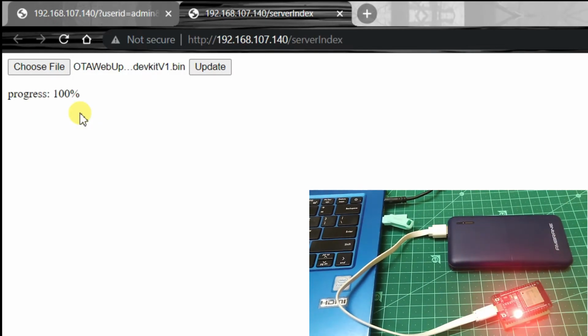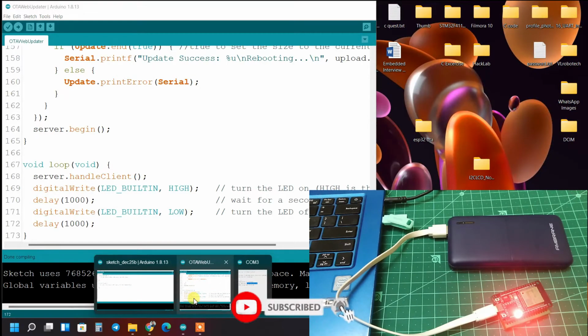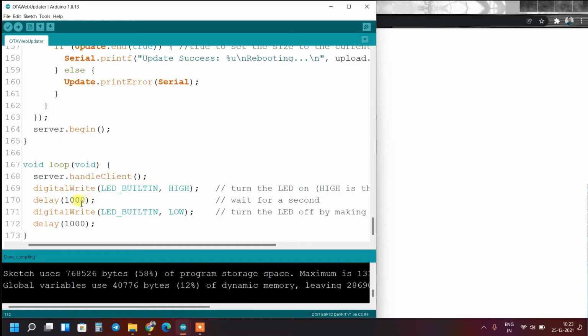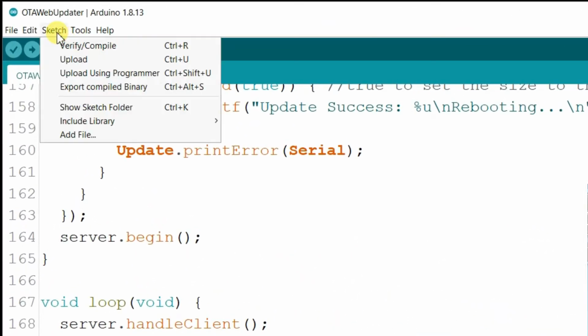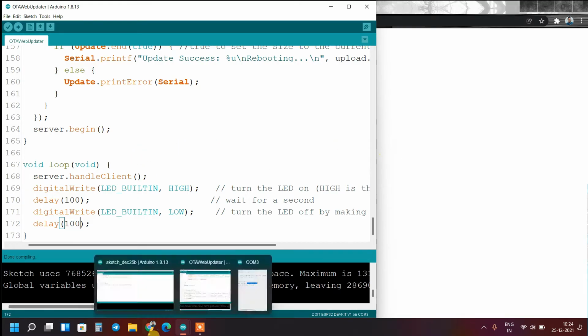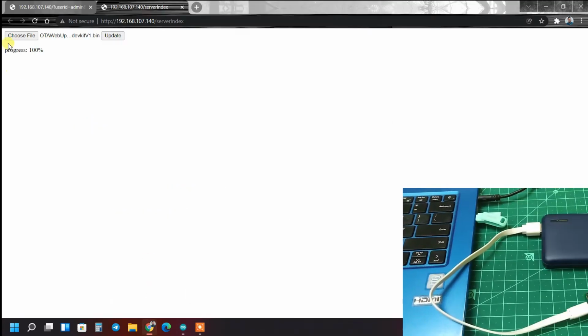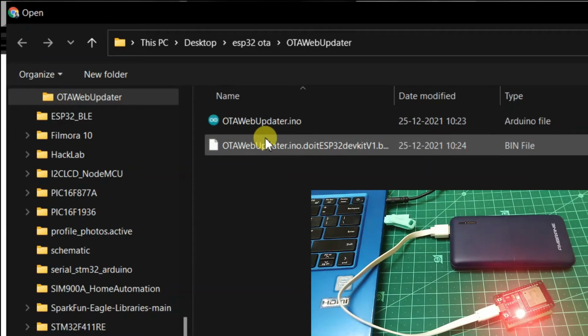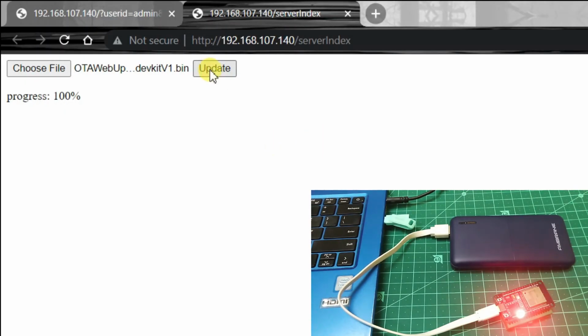Okay, so now I want to change this LED blinking speed, so I will change delay. It will be 100 millisecond and again export compiled binary. Okay, now go to browser and choose here again that binary file and update.